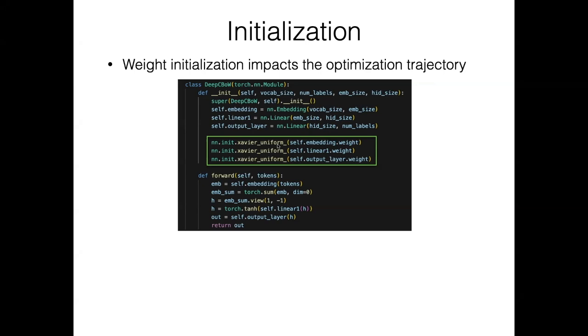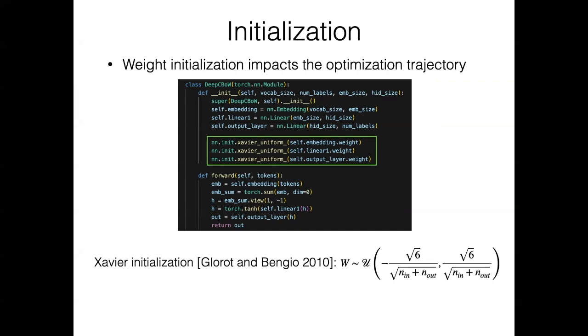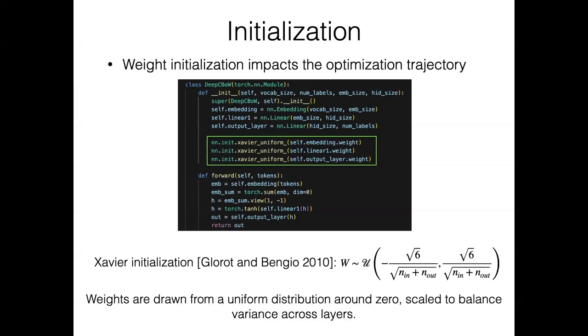For example, should you just set them to 0? Should you just sample uniformly? What should you do? So this is a method called Xavier initialization. And again, in order to get deep learning to take off, this was some of the things that people had to solve, which are: what are good ways to initialize networks so that you can make them deeper? And what this method does is it has this formula here, but basically the interpretation is you